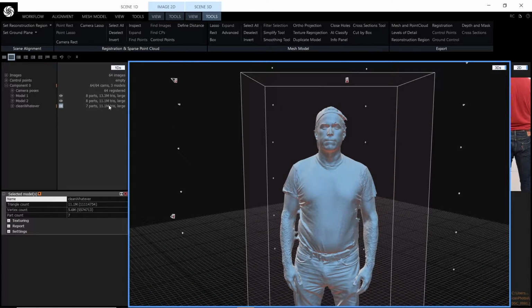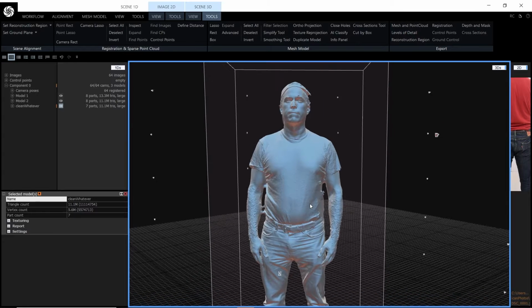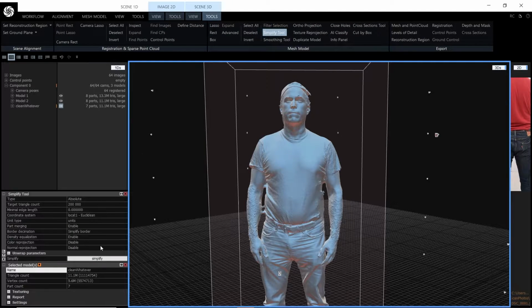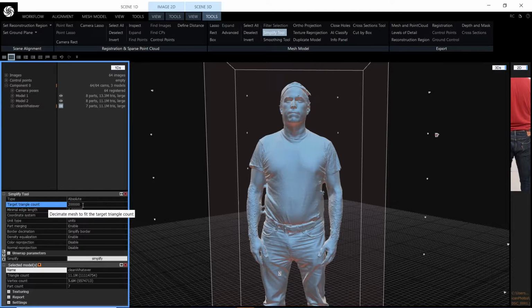So we're currently at 11 million tris. That's way too big for Maya. Anything 8 to 10 million is really too heavy for Maya. So I'm going to want to simplify this mesh. Under Tools, Simplify Tool, that will bring up the Simplify window. So we can change this. It's currently set to